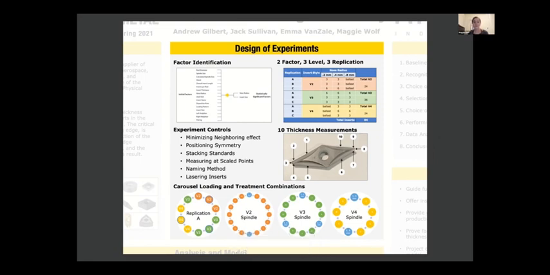We identified 3 levels at which each of our factors exist, and we intended to follow a 2-factor, 3-level experiment design, which will result in 9 treatments in our design space. However, due to unavailable insert combinations, we were forced to exclude 2 treatments from our study, leaving 7 combinations. We chose to conduct 3 replications of our experiment in total.